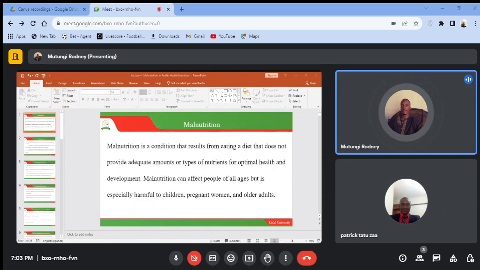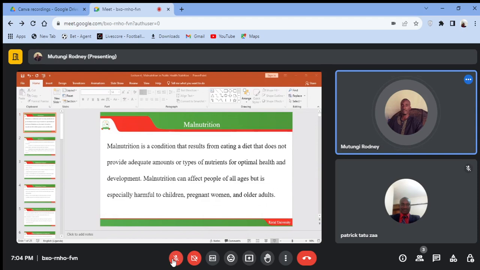Good evening. And remember, we are dealing with a module called Public Health Nutrition, and we introduced it. We saw how nutrition relates to diseases that we encounter when we are in the communities, but we also saw how to deal with them. So today we are going to look at malnutrition at the level of public health nutrition. We are not going into too much detail of malnutrition, but we shall see a way of dealing with it at public health level.